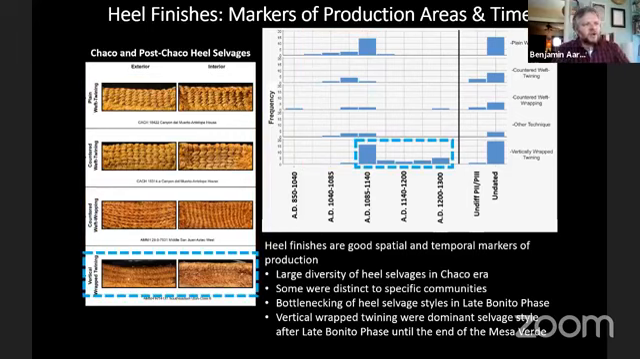But then in the post-Chaco era, there's this bottlenecking of techniques. And basically we go from having these 5 or more different techniques down to just really one style, which is this vertical wrapped twining here. And it's very distinct from these earlier styles. And so that tells us there's this kind of homogenization over time, where we go from maybe more variety, more innovation is possible. People are expressing their identities in different ways, to really just this kind of very streamlined method